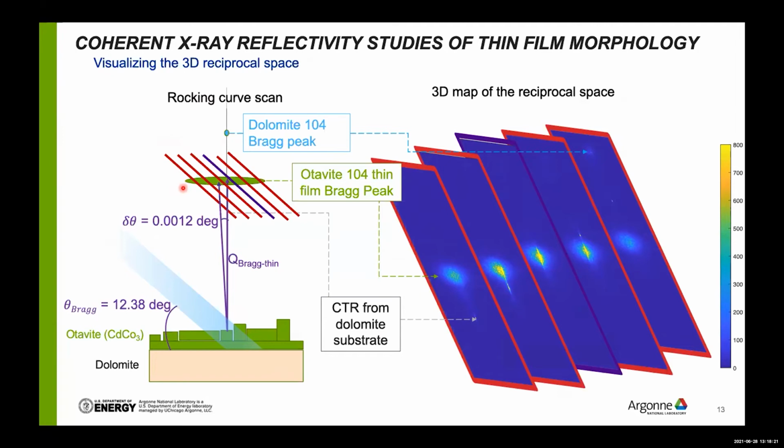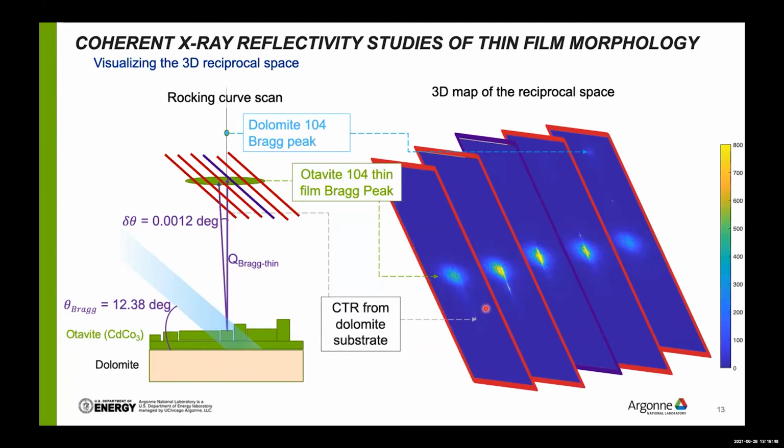So we need to swap across the otavite thin film distribution intensity in the plane of the 2D detector. And we will do this by changing the orientation of the sample with respect to the direction of the incoming beam by very small angular steps. And in this rocking curve scan, we will collect a series of 2D slices of the otavite film Bragg peak,